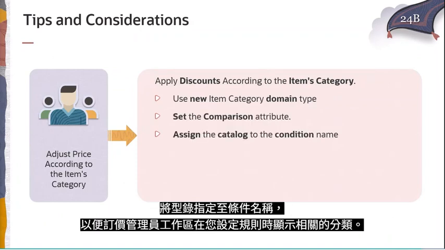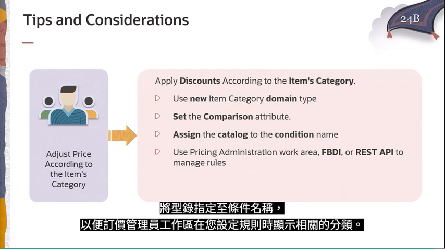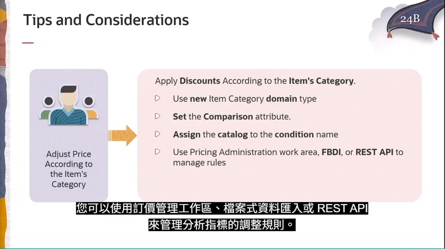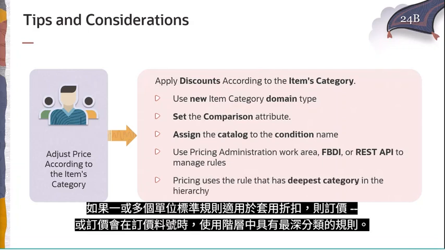Assign the catalog to the condition name so that the pricing administrator work area displays the relevant categories when you set up your rule. You can use the pricing administration work area, file-based import or REST API to manage your metrics adjustment rules. If one or more metrics rules is eligible to apply the discount, then the pricing will use the rule that has the deepest